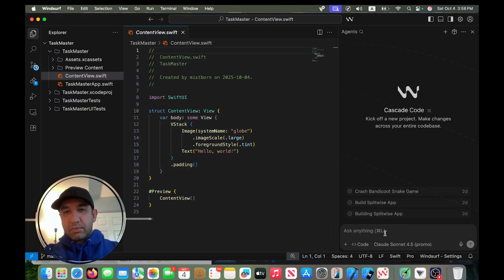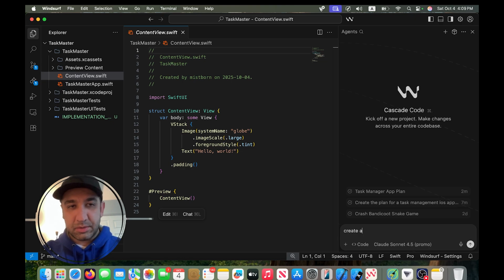So rule number one of making any app using AI is actually being specific and having a plan. I'm going to ask it to create a